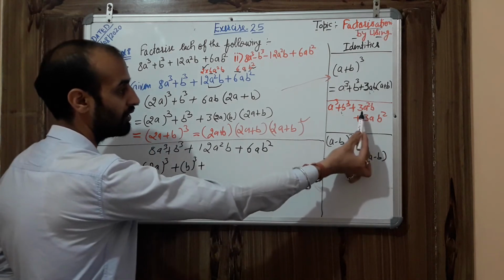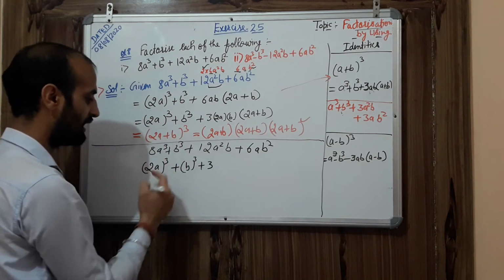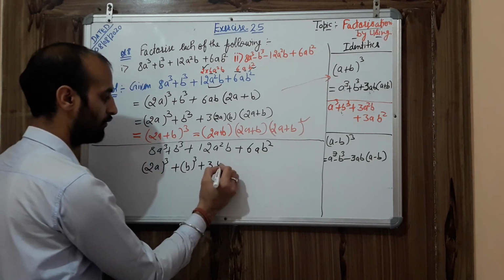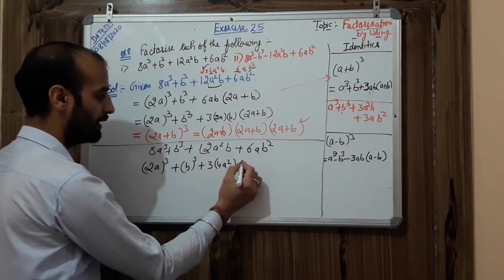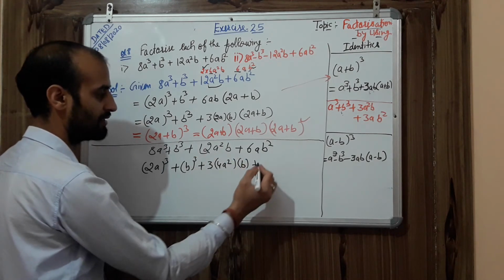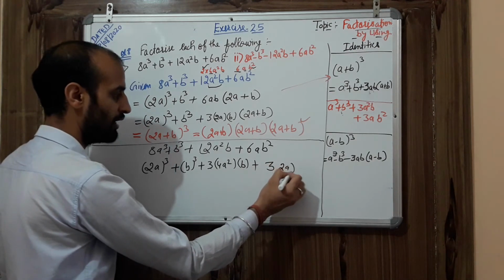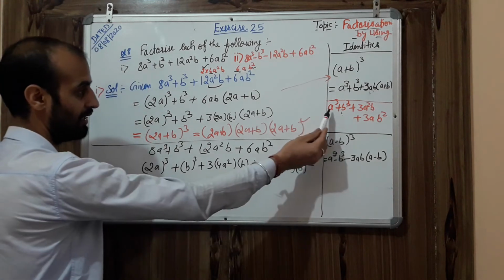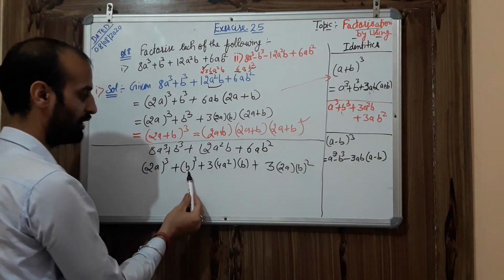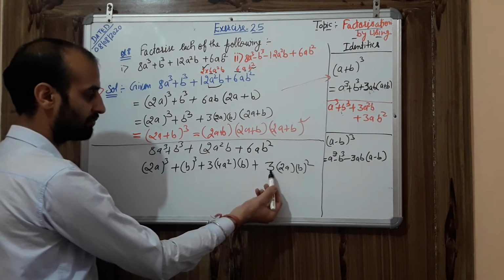So what do I need to write here? 3a square b, 3 I am writing outside. a square means 4a square, 3 fours are 12, it is clear, and b as such, plus then 3a simple, a is 2a and b square. So see now, it looks the same, a cube plus b cube plus 3ab,